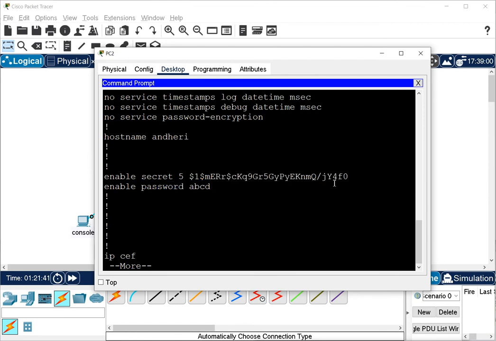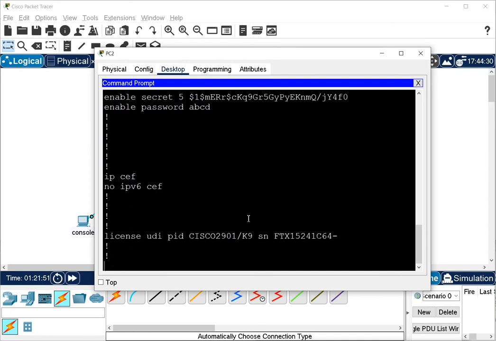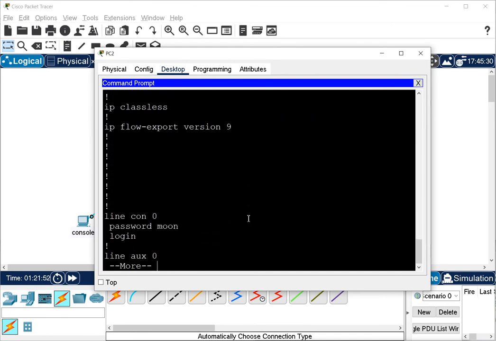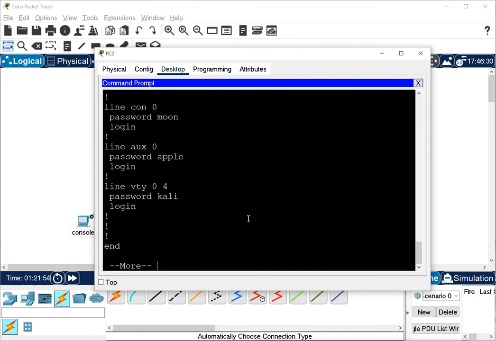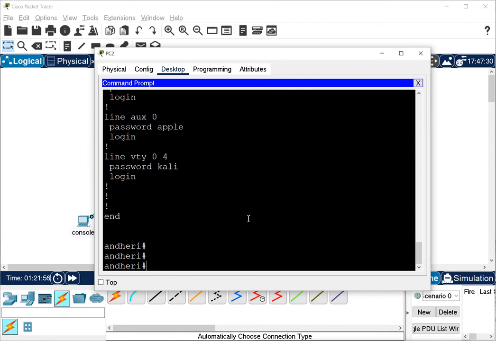Now if you want to secure these passwords also, then there is an option, but that is not that secure. We can encrypt these other passwords, like the console, auxiliary and VTY passwords showing there. So we can encrypt those passwords, but that is not as secure as the secret password.